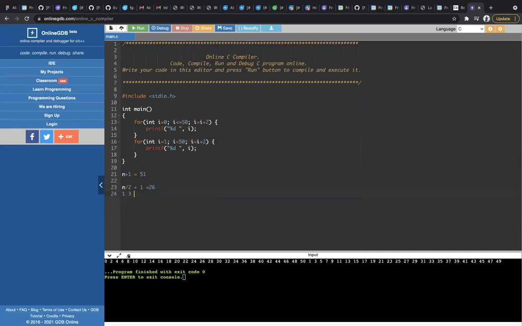3, 5, 7, 9, 11, 13, 15, 17, 19, 21, 23, 25, 27, 29, 31, 33, 35, 37, 39, 41, 43, 45, 47, 49.